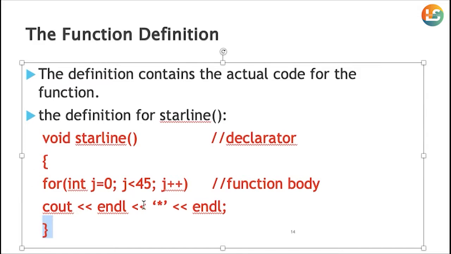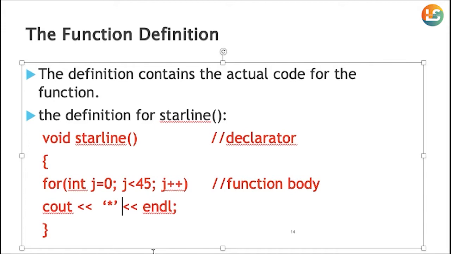Similarly for this function, we write the declarator, and after the declarator we put brackets, and within those brackets you put all the code this function needs to do. It was a very basic function which prints a star line. For this star line, we applied a loop from 0 to less than 45, because we exactly want to print 45 stars. So for the 45 stars we also put cout. Obviously this endl is not going to be a good thing, so we can skip it, because if we put endl, then it will